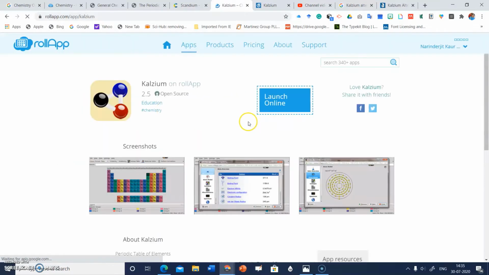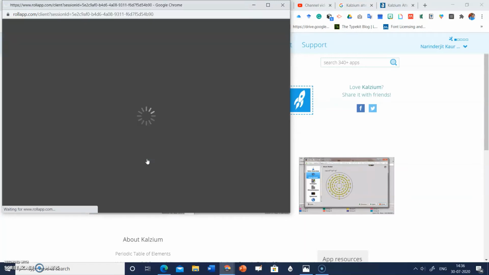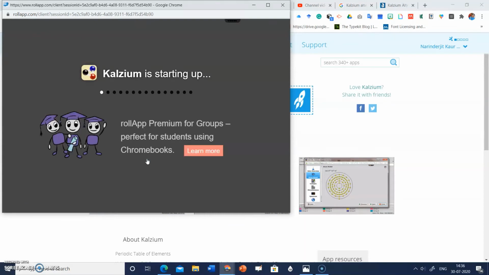it will take you to this page. If you want to have the same experience of Calcium, click on this Calcium RollApp, and it will ask you to upgrade now or launch Calcium with limited capabilities. Click on launch Calcium with limited capabilities if you want to use this app for free.